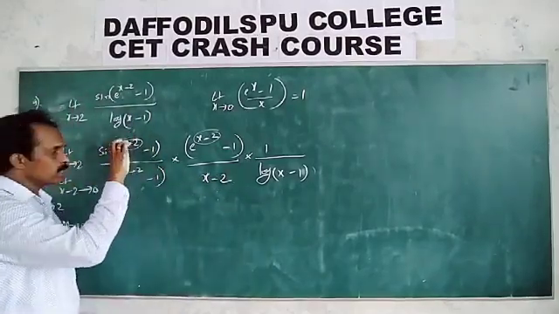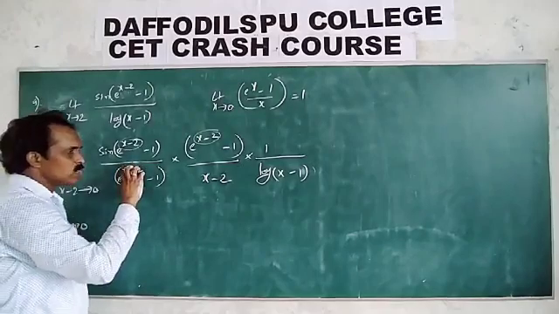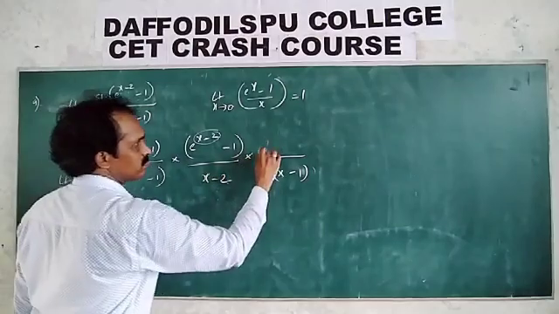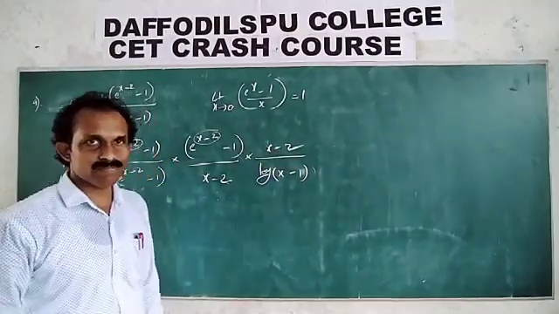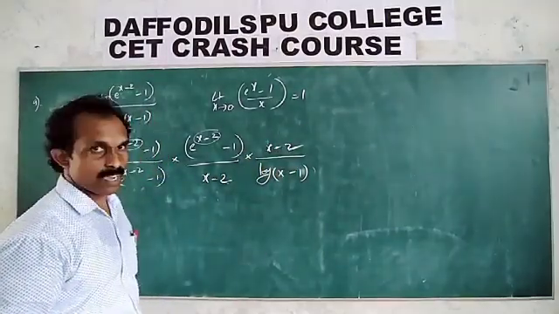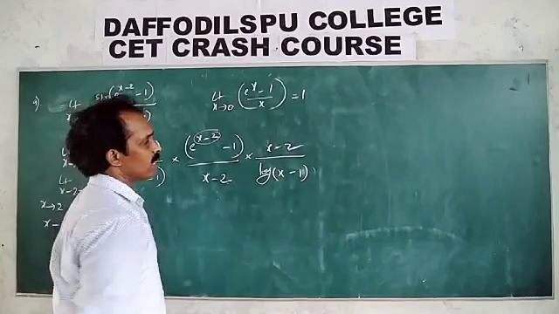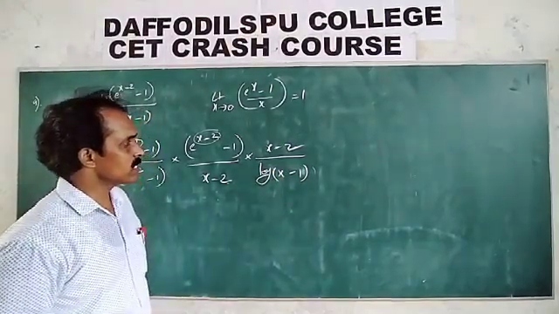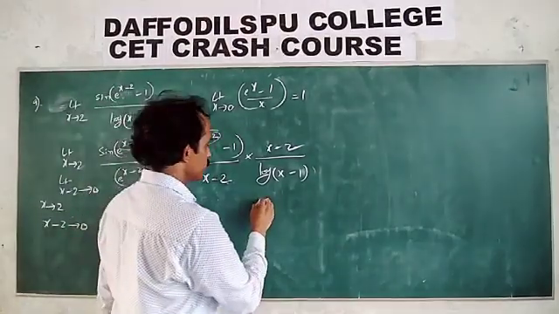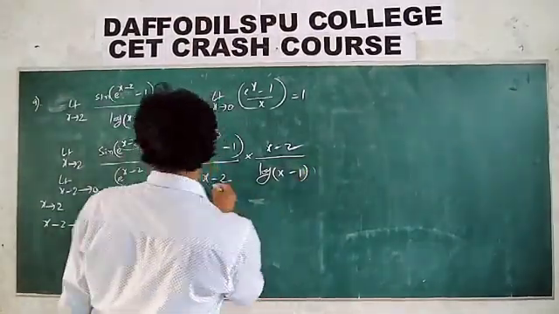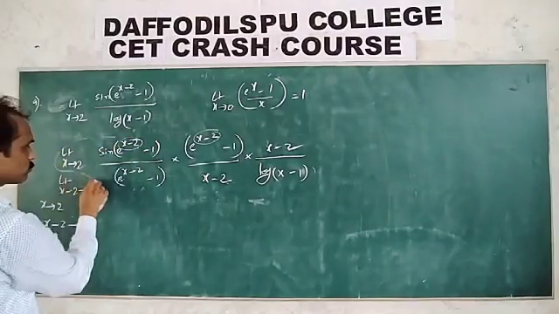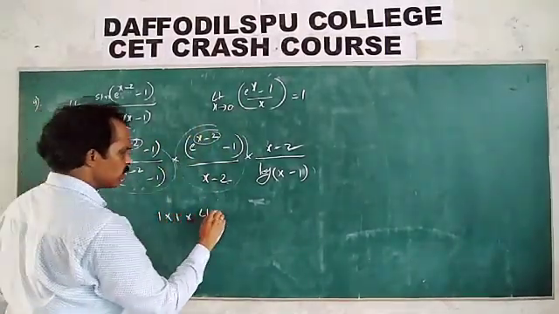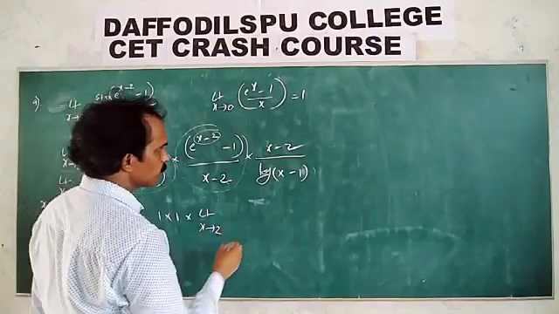For sin x, multiply and divide, meaning e power x minus 2 minus 1, e power x minus 2 minus 1, for this x minus 2 by x minus 2. Okay. So this x minus 1, already this value also you know, logarithm of 1 plus x, or else we will see this one. First of all, this value 1. This value also 1. 1 into 1 into limit x tends to 2.